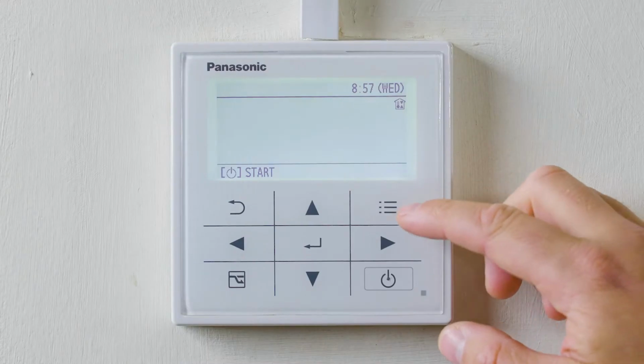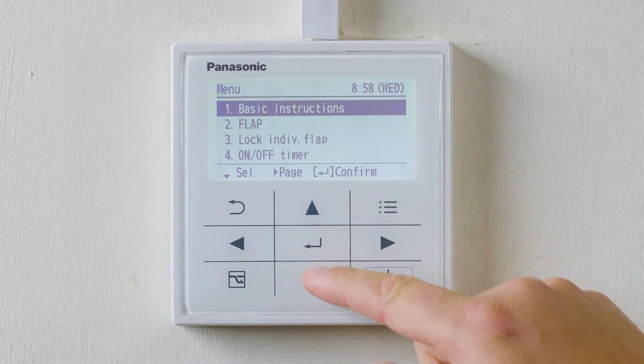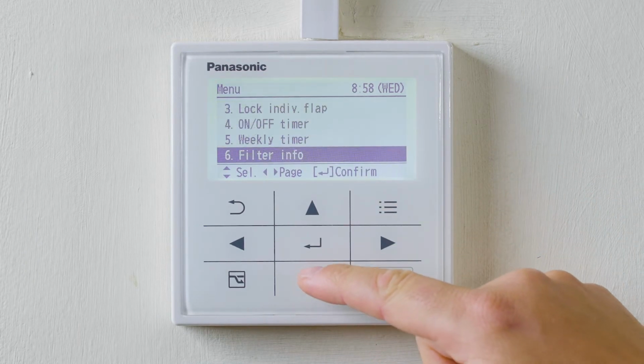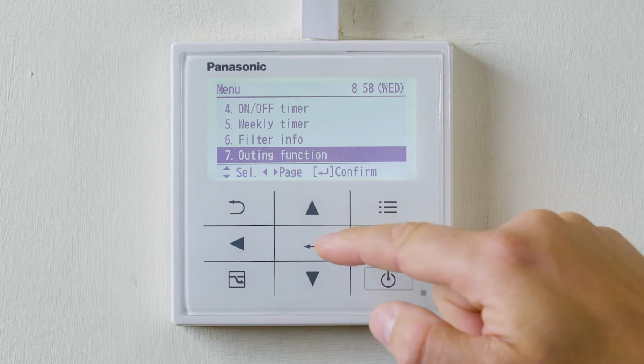In this video we are going to look at using the outing function from the CZ-RTC5B remote controller. To you and me that is a night setback. So to enter we go in the top right hand corner, down arrow to number 7, we'll say outing function,